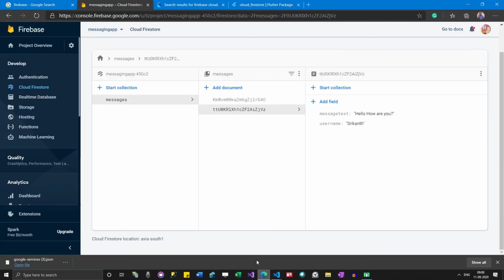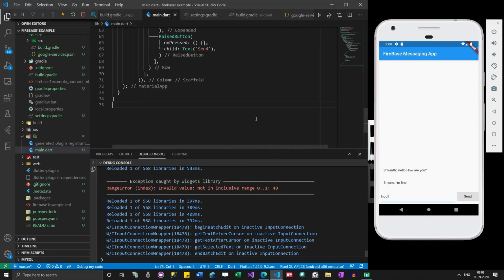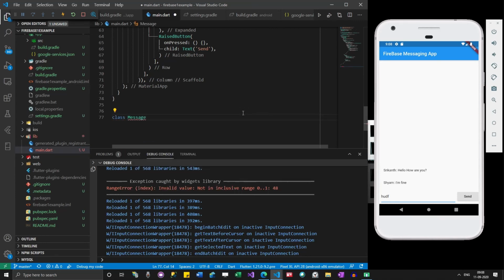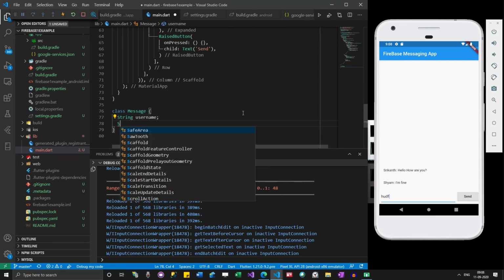Now we know that Firebase has these 2 columns, so let's create a class for it. We'll create a class called Message and then add some columns: username.